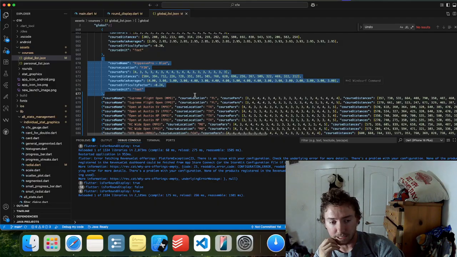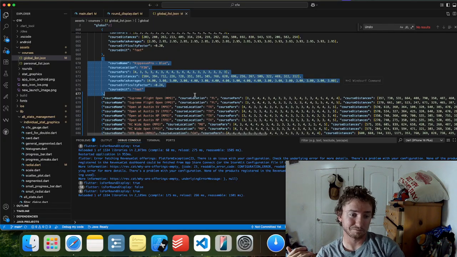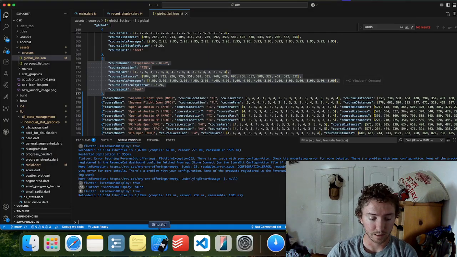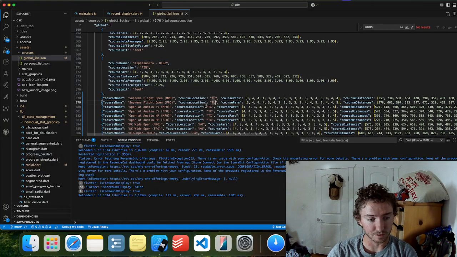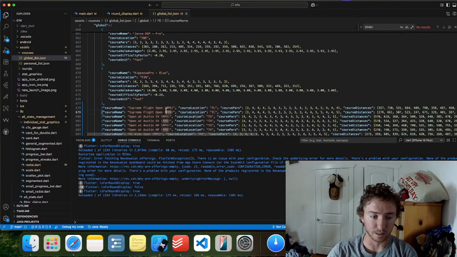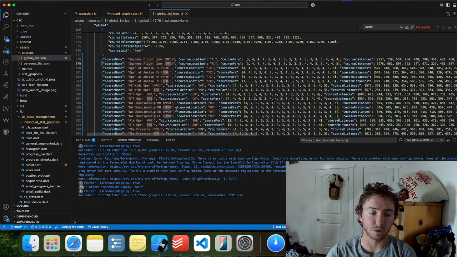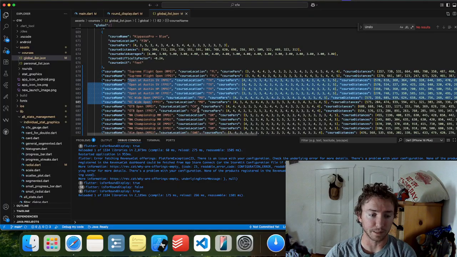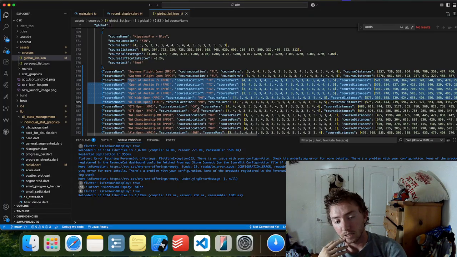And I'm trying to decide if I want to do my own separate JSON file just for the Pro Tour courses, or if I want to add a value here like a tag, and I could tag these as DGPT courses. Just an easy way to categorize them so I can show them here in a separate view. I could do it if they contain an MPO or FPO, but I may get away from that at some point. I could give more information on the Pro Tour courses as well. Right now they're all named by event. They could be named by course.